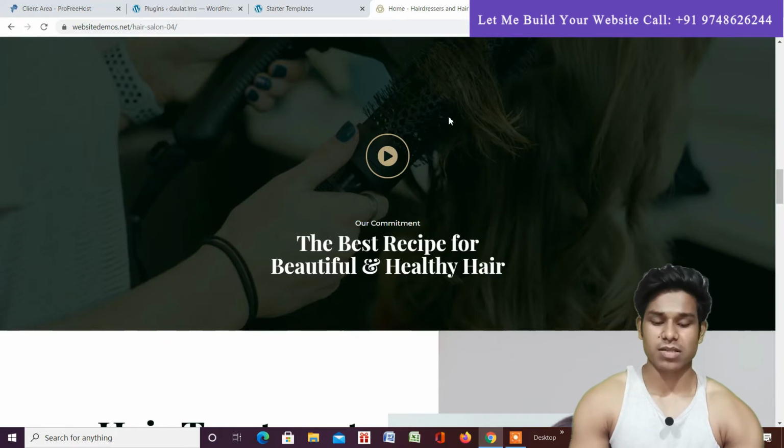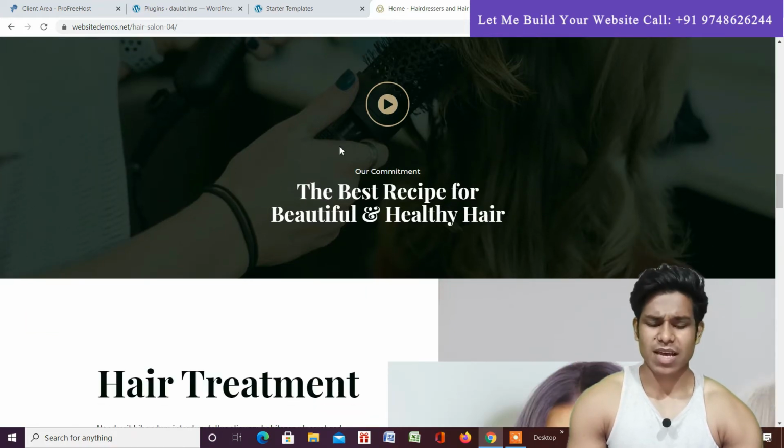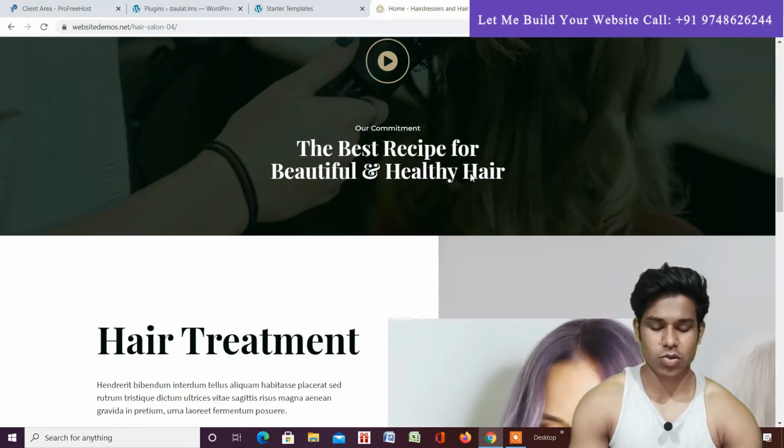You can easily replace this if you don't like it, and you can display it the way you like; everything is fully customizable. If you want to display this here, you can do that. If you want to display the text full width, you can do that. So it's all up to you.